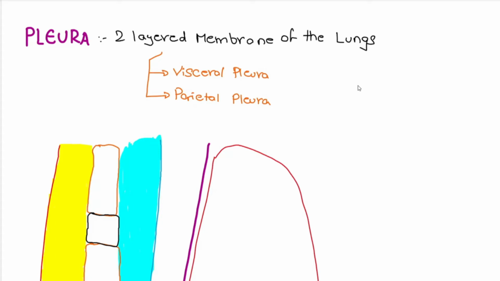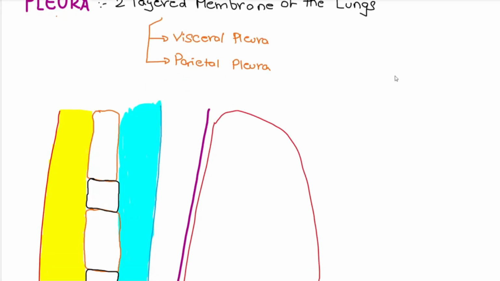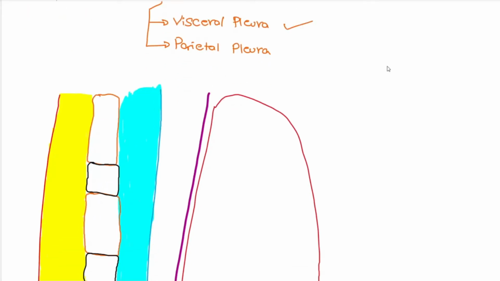So in this video, I'll be covering the pleura. The pleura is the covering of the lung, and it is a two-layered membrane which covers the lung. That is, it has the visceral part and the parietal part. The visceral part is in close proximity to the lungs, whereas the parietal part is in close proximity to the